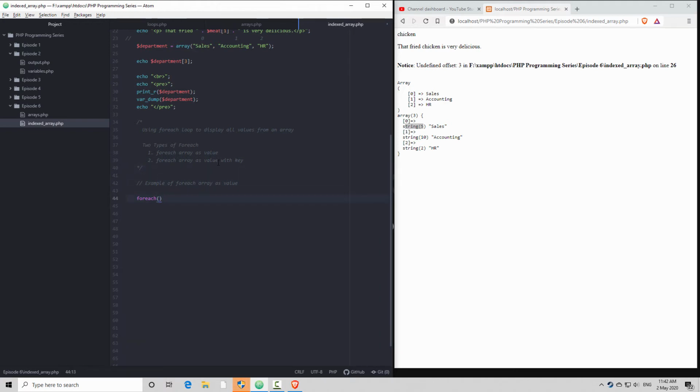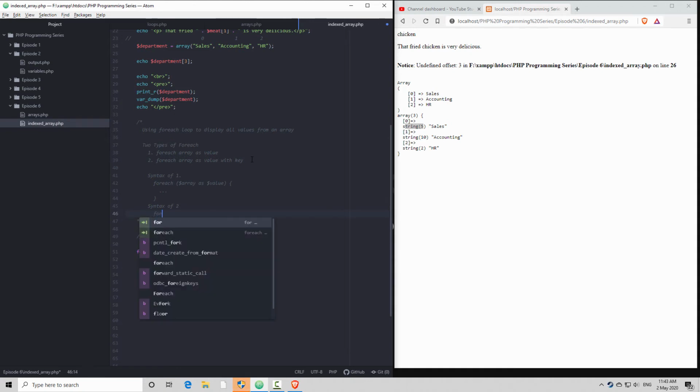I forgot the syntax on that. So syntax 1, number 1: we have foreach array as value. Then you're going to use some sort of things there